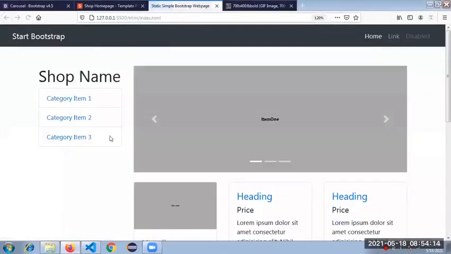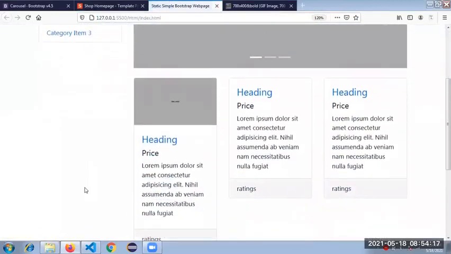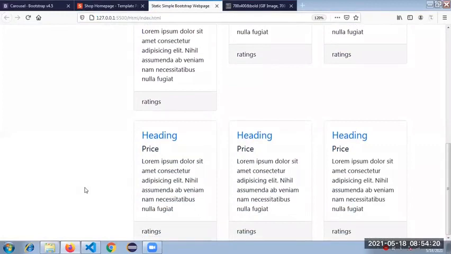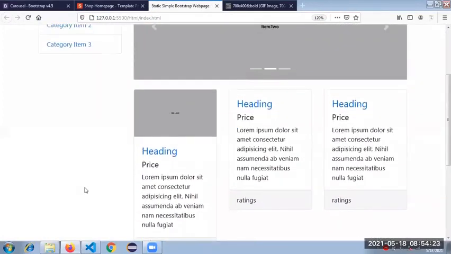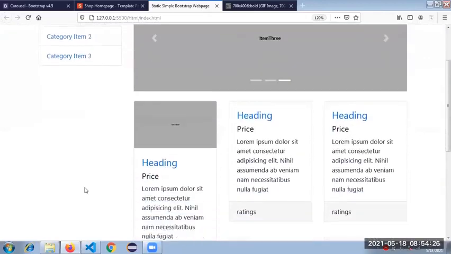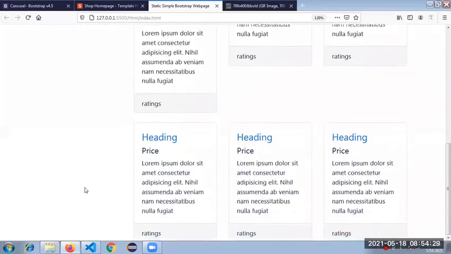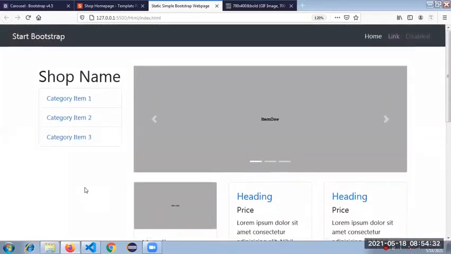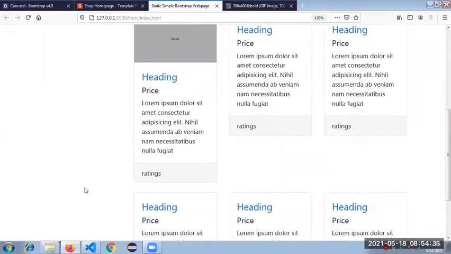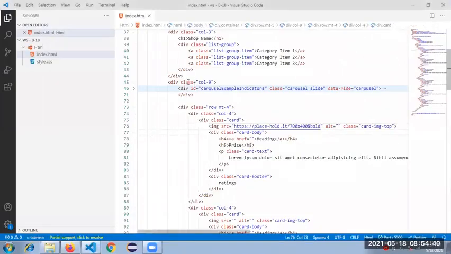See, that's why I'm saying you guys need to try. I will just give some hints. You guys need to try and come back. All the skeleton things I have done, and you need to enhance this. You need to think about what the structure is, how the skeleton has been created, where the cursor is placed here. So how I created the card from scratch, and what classes I am using: for the card, the card class; for the image, card-image-top; for the body, card-body.